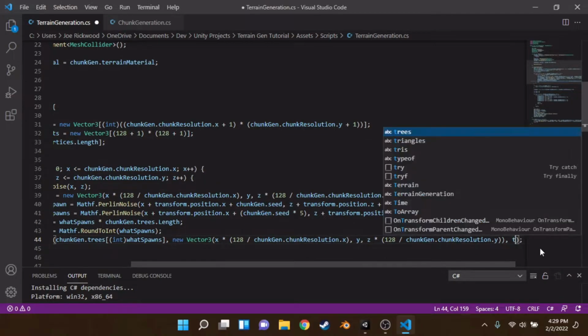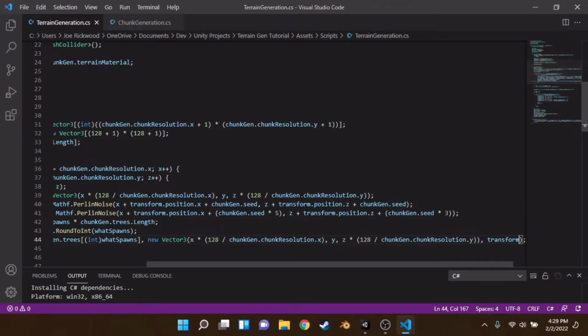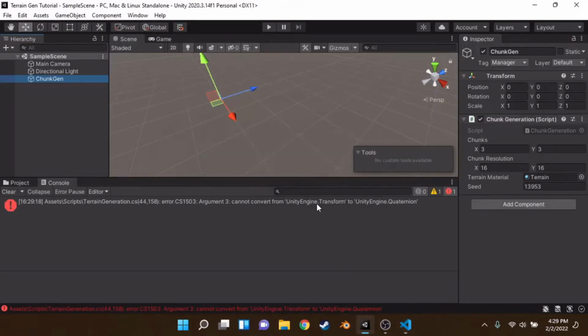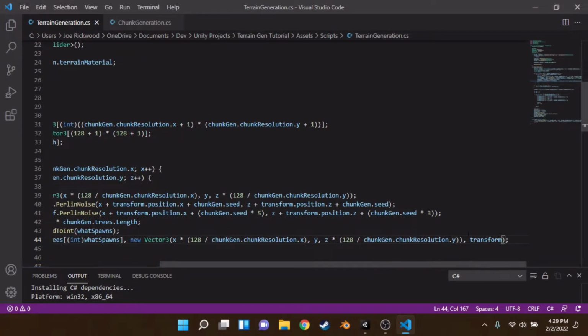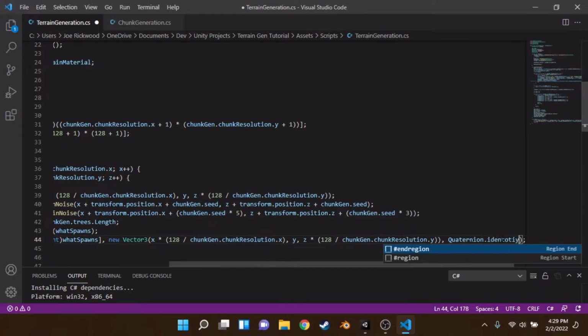And we can also give it the transform as what it should instantiate under. So if we go back to Unity now, of course... Oh, we need to give it Quaternion.identity instead,